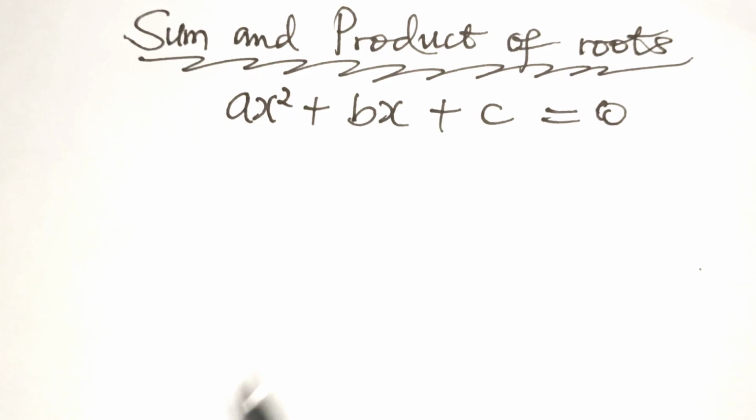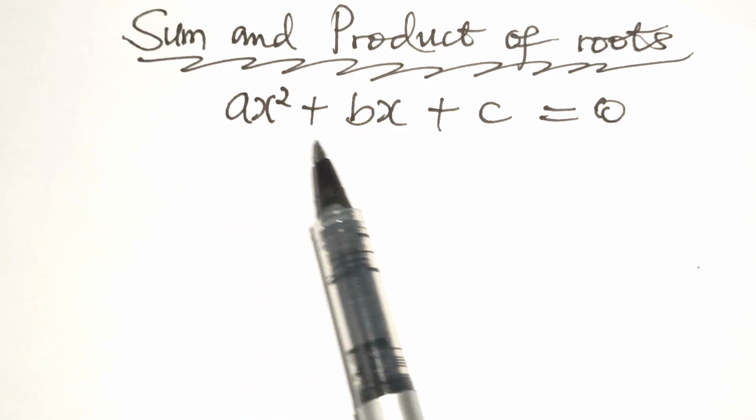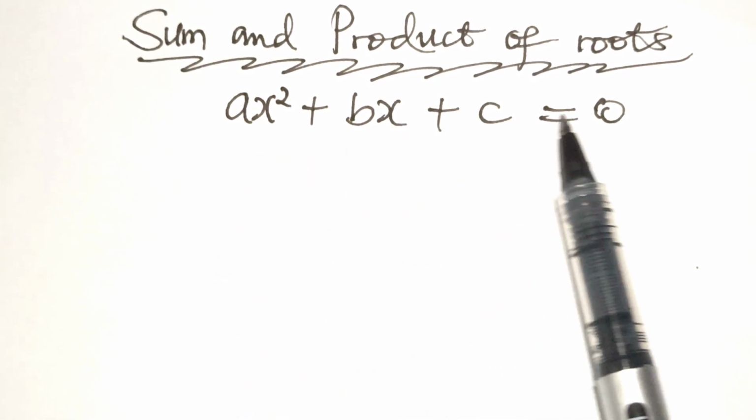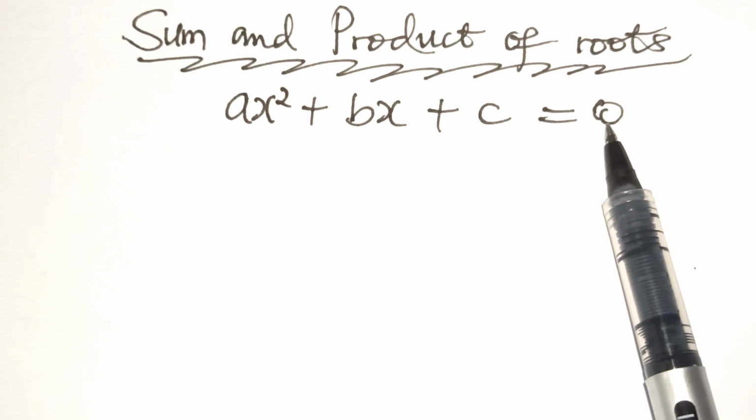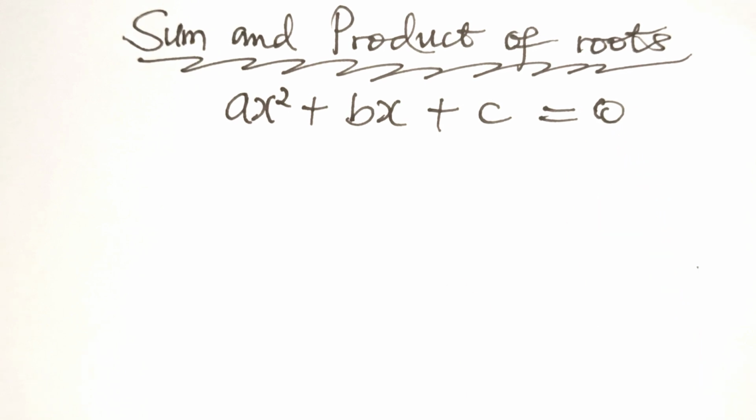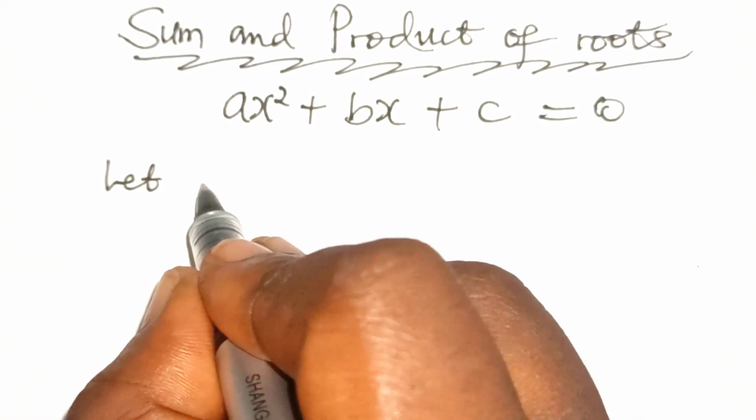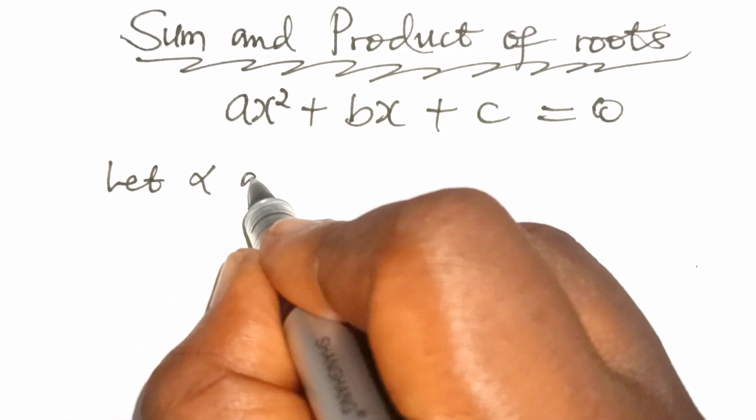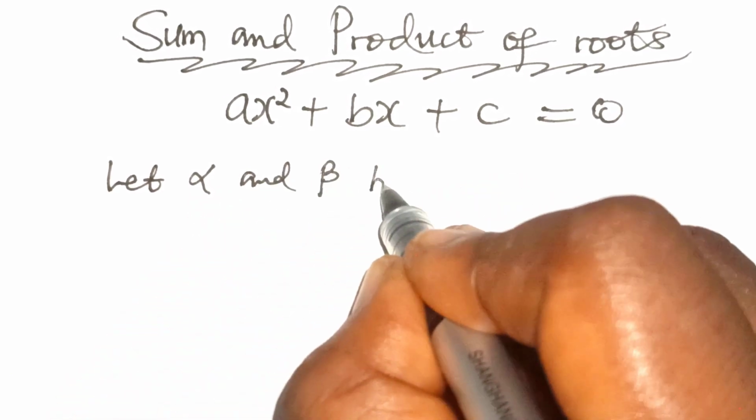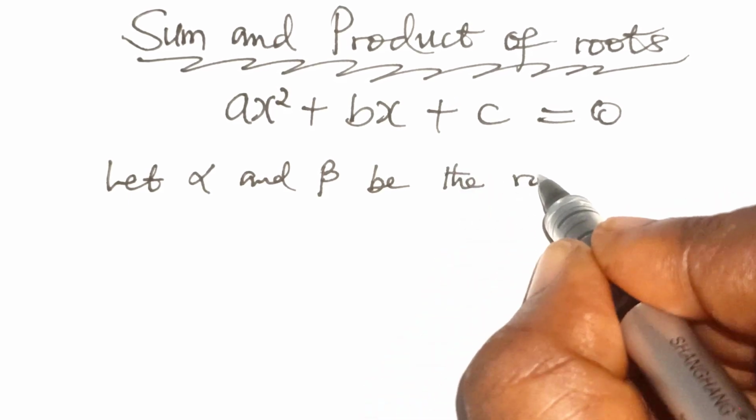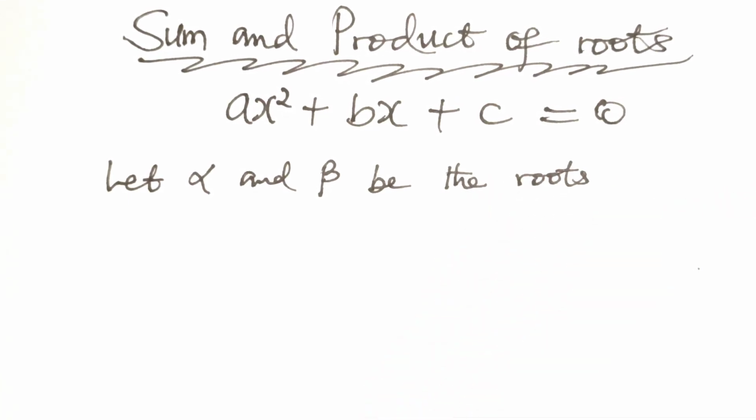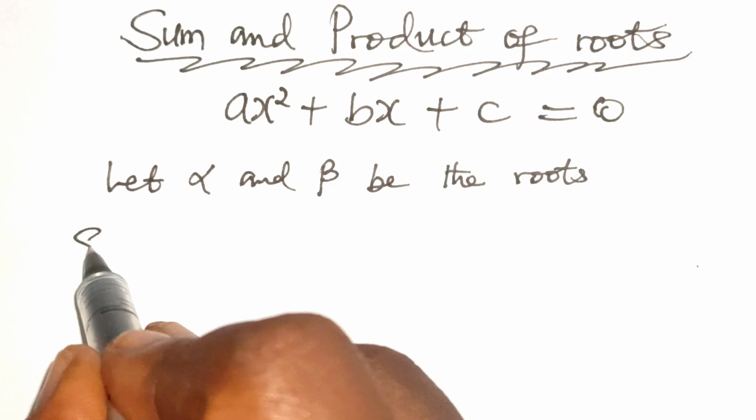Consider the quadratic equation ax squared plus bx plus c equal to 0. If we let the roots of this equation be alpha and beta, so if alpha and beta are the roots of the equation, then the sum of the roots